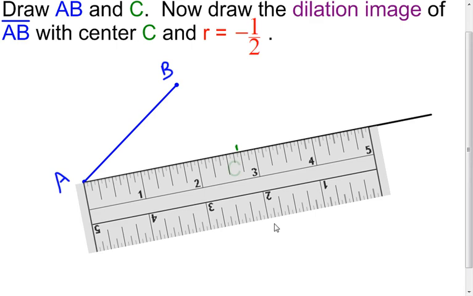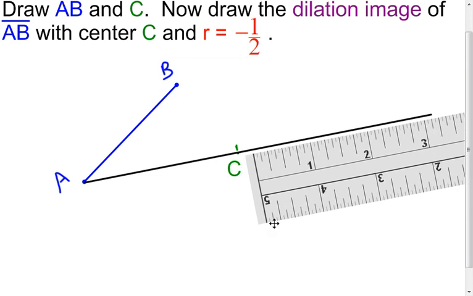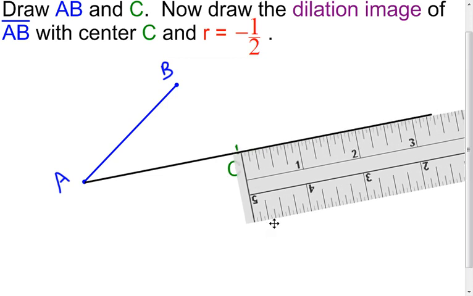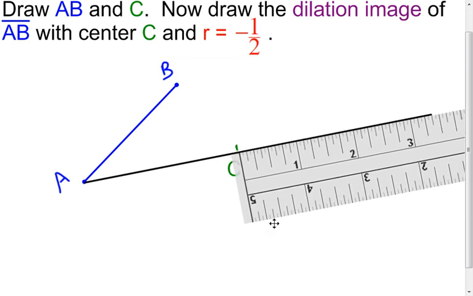Now that's telling me that from A to C is 2 11/16. So I'm going to have to cut that in half because my scale factor is 1/2, or the absolute value of it is 1/2. Half of 2 11/16 would put me at 2 11/32, which I'm not going to be able to do because I don't have 32nds on here. But that's going to be close to 1 3/8. So come over here and go, well,